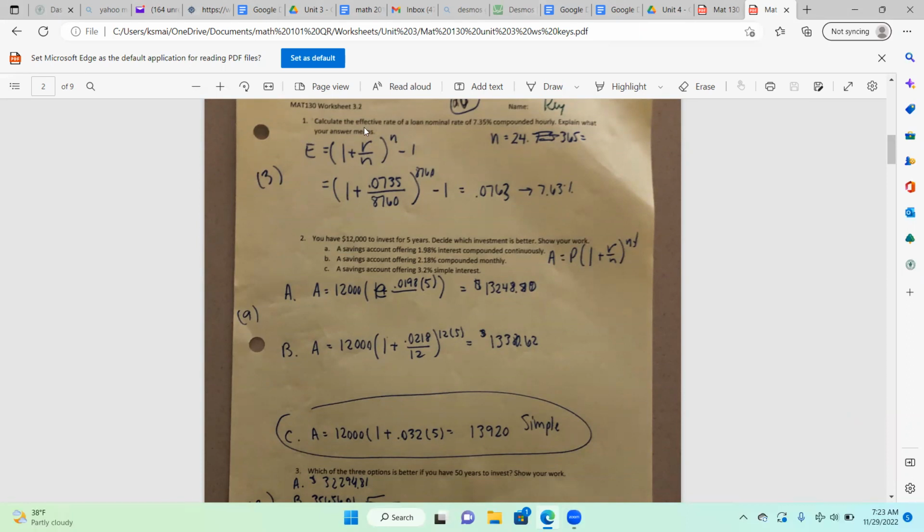So question 1 says, calculate the effective rate of a loan, nominal rate of 7.35%, compounded hourly, and explain what it means. So here is the formula for effective rate. The effective rate is a way for us to put different compounding options in a comparable apples to apples comparison. So because we are compounding hourly, we have to go to